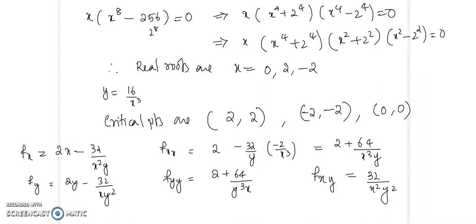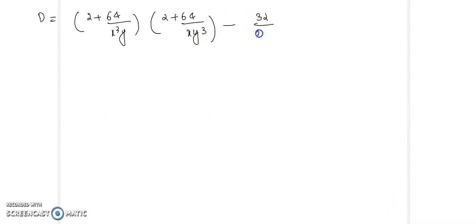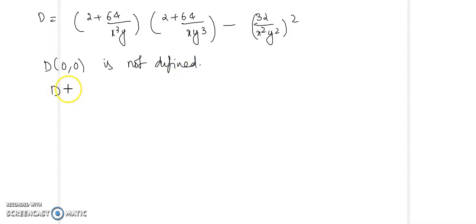So d will be equal to 2 plus 64 by x cube y into 2 plus 64 by xy cube minus 32 by x square y square, whole square. Now d of 0, 0 is not defined. So we cannot use it, as at 0, 0 your function is also not defined. So therefore